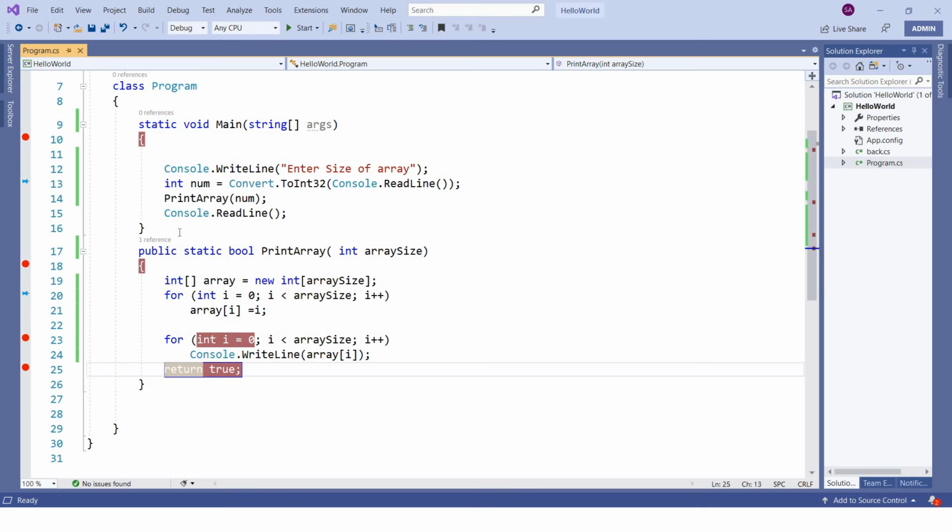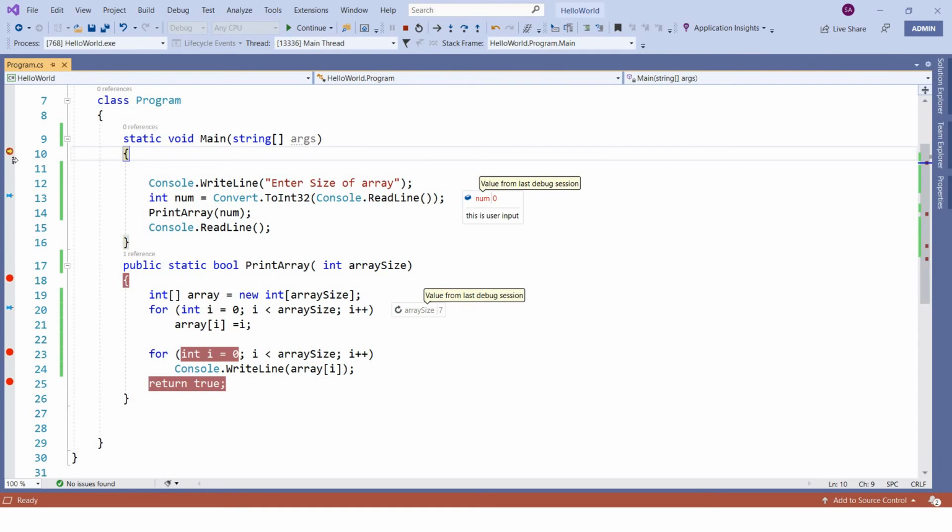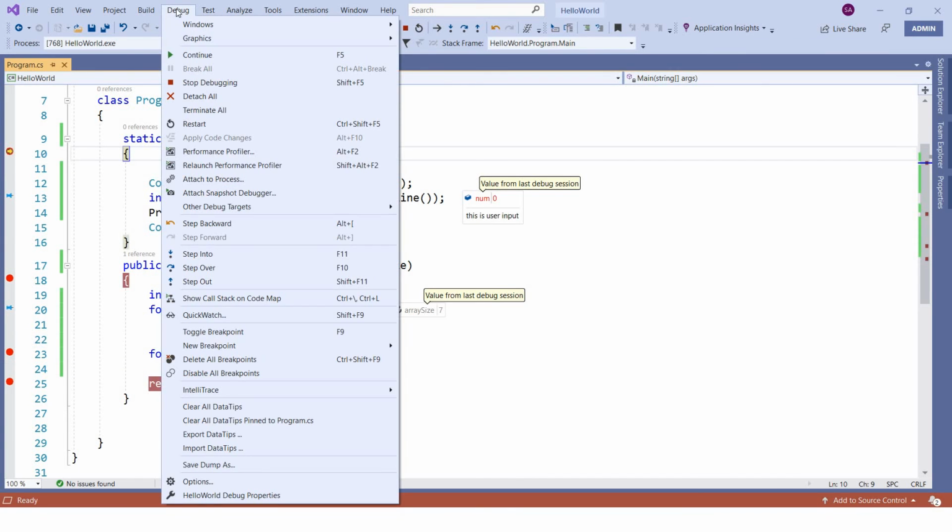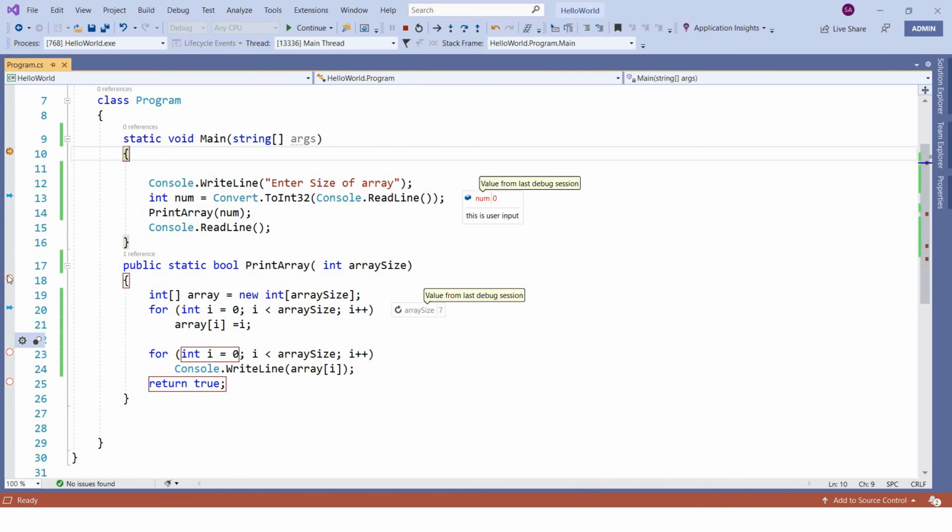There are so many things that you can go through. One more thing I wanted to highlight here: let's say you are running your code and you have so many breakpoints. You want to disable or remove those breakpoints. Instead of going one by one, just go to debug and you can see delete all breakpoints. Delete means it will simply remove all these breakpoints. Otherwise, let's say you don't want to run them for now, you can disable them. You can click on disable all breakpoints here and you can see everything is disabled.